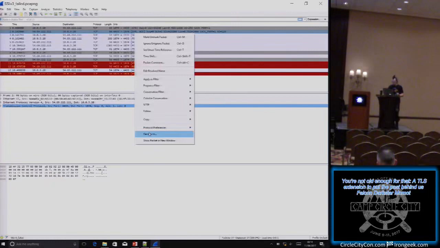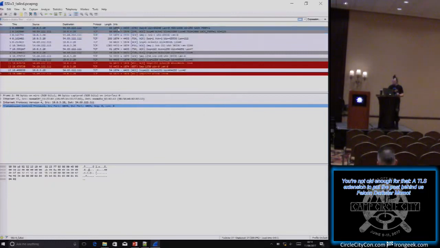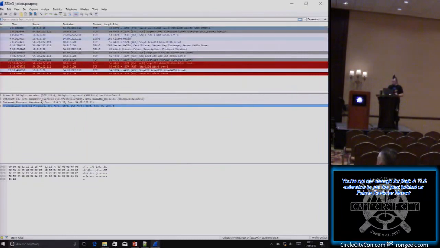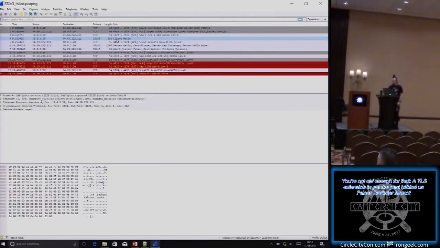When we want to decode these things in Wireshark, by the way, if you have used a non-standard port, it will actually play dumb and not bother to tell you what it is until you tell it this is actually SSL. And then it'll dissect. So the way it starts is we establish a TCP connection with a three-way handshake, as you're familiar with, and then we start with the client hello.